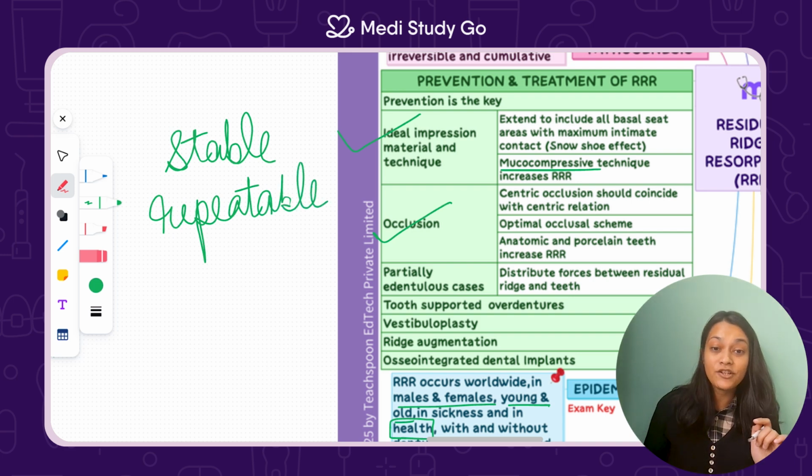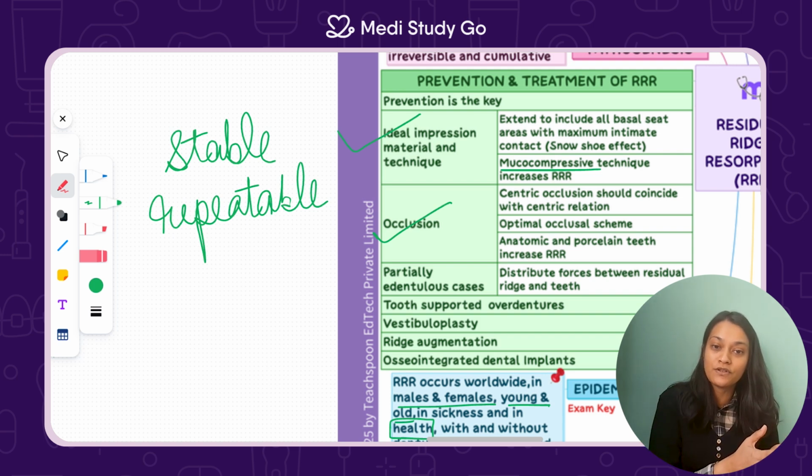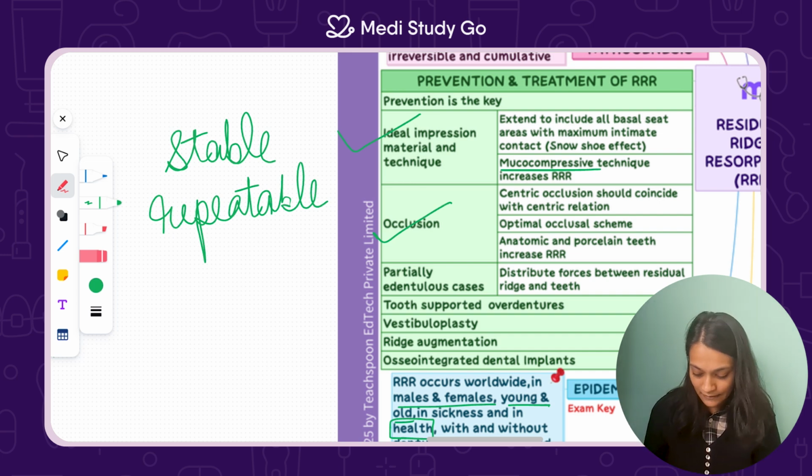Hence, this will make sure that every time the patient closes at one desirable relation, it will not glide. Because gliding or sliding of teeth will mean that there is going to be tipping of denture. And tipping of denture is going to create undue forces onto the basal seat, which will increase the residual ridge resorption. Hence, giving centric occlusion in centric relation is the ideal thing.